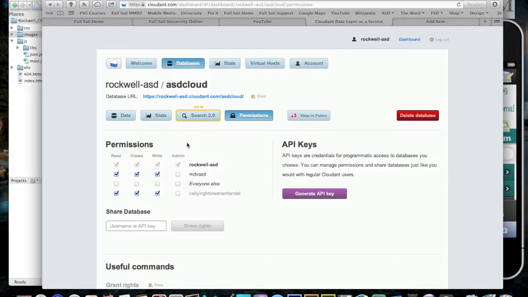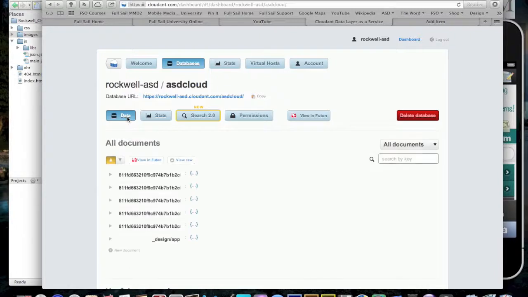But it was a bit tedious to upload all my files, all my images and stuff into the design app here. We had to go through and attach each single file. I wish that Cloudant had a way where you can just grab a big folder full of everything, which hopefully it will incorporate one day, but that wasn't too bad. I just thought they'd have a different method of doing that.